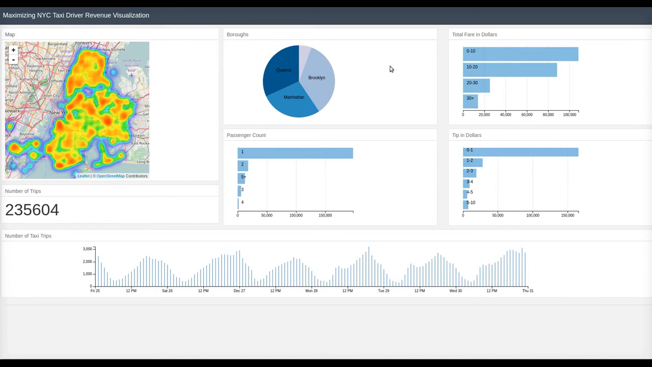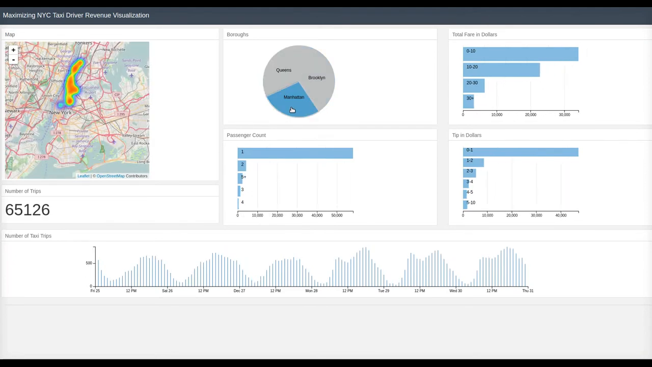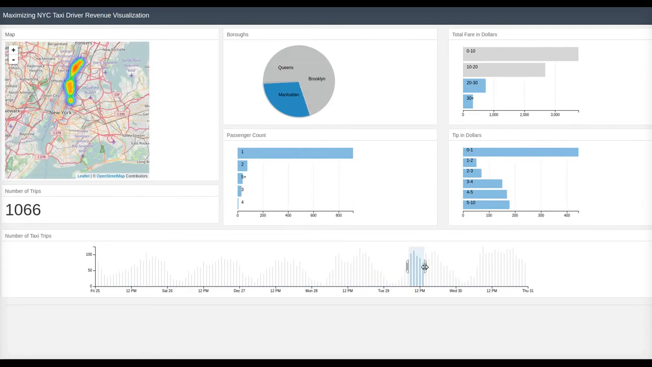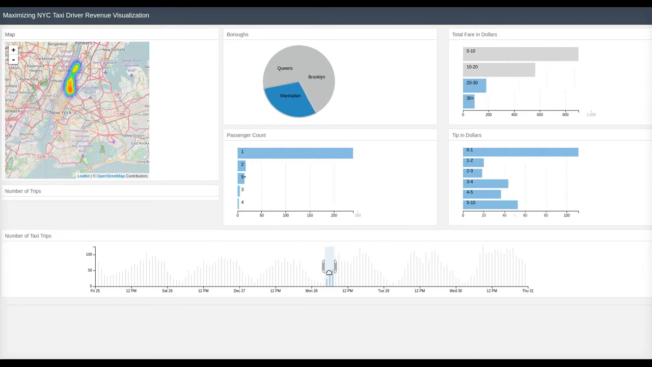Like I said, driver Alex is in Manhattan, so he selects Manhattan in borough. And he wants to have the maximum possible total fare, so he selects 30 plus and 20 to 30 in total fare. And let's say he starts his day on some random day, the 28th, at sometime around 10 am. So we just fix the window,